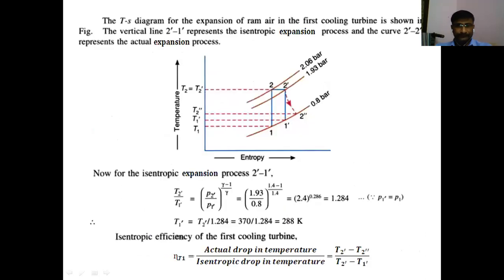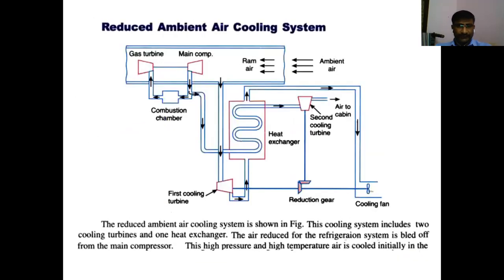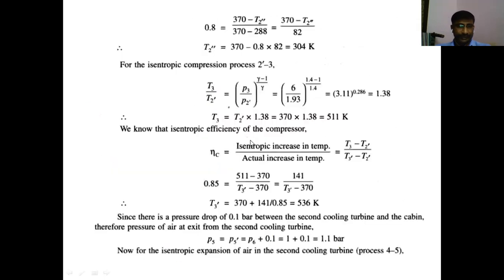Now, quantity of ram air passing through the heat exchanger. What does this mean? The second bit is the amount of air which is extracted from the aircraft and utilized in the heat exchanger. The compressed air passing to the cabin is already calculated in the first bit. And the remaining amount, how much air is extracted from the craft and expanded, is asked in the second bit. That is the quantity of air which is extracted from the craft, expanded in the first cooling turbine and utilized in the heat exchanger.